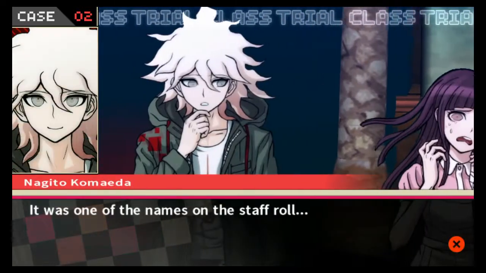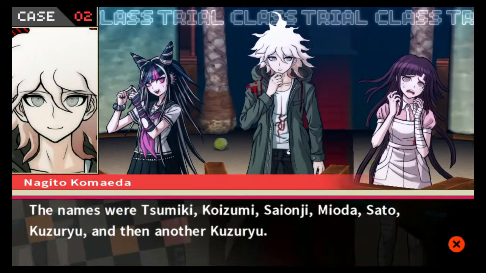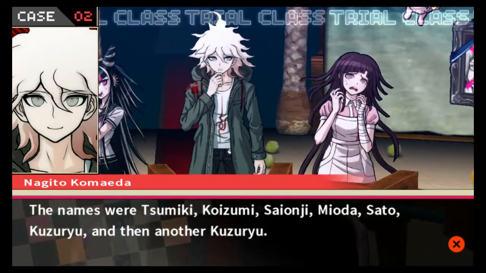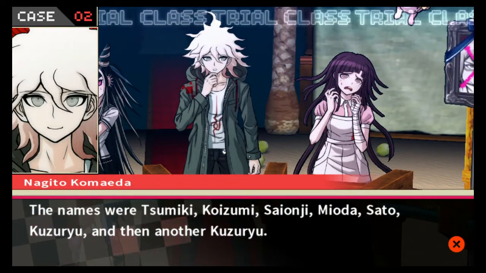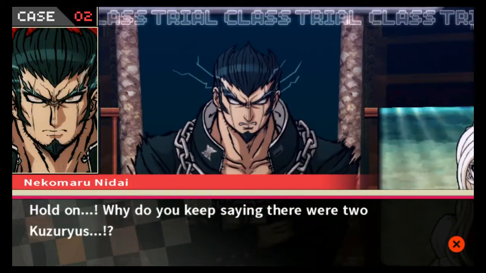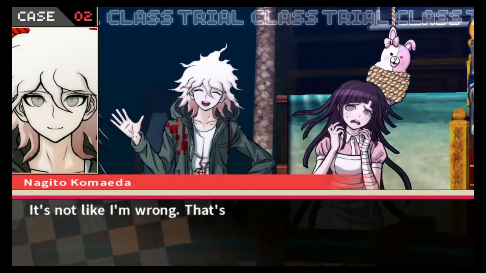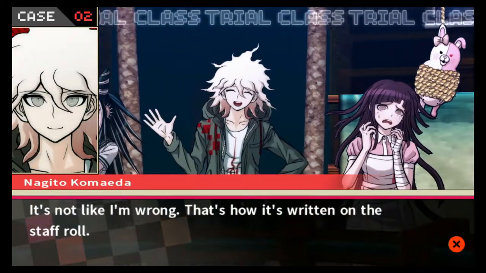It was one of the names on the staff roll. The names were Tsumiki, Koizumi, Saionji, Mioda, Sato, Kuzuryu, and then another Kuzuryu. Hold on! Why do you keep saying there were two Kuzuryus? It's not like I'm wrong. That's how it's written on the staff roll.